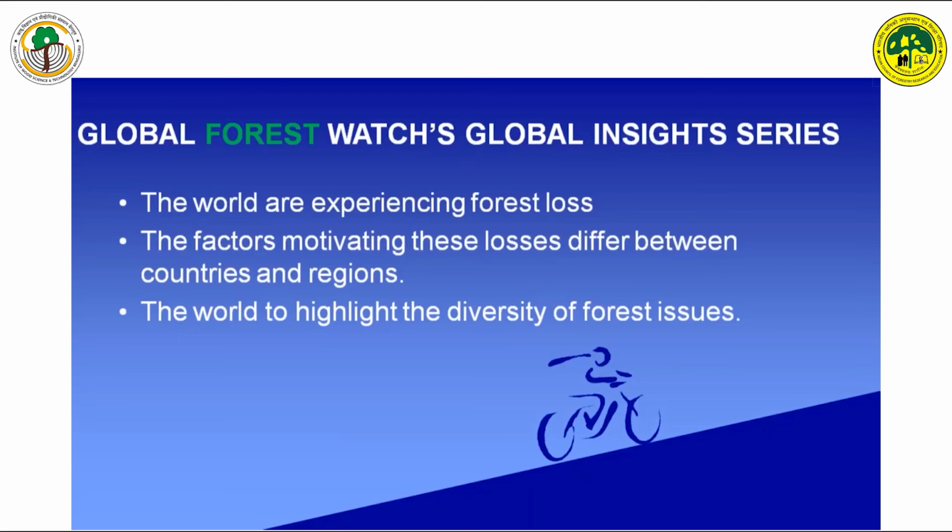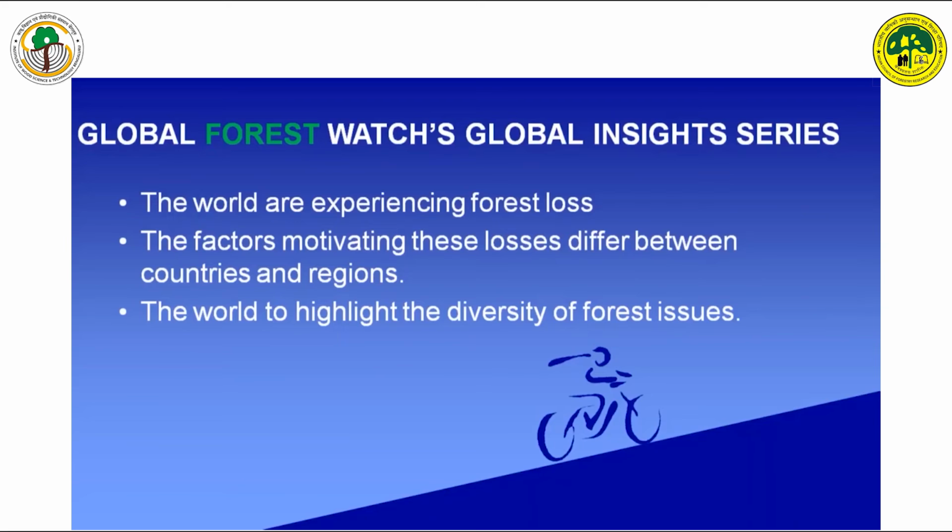In Global Forest Watch, that is the insight obtained through the website: the world is experiencing forest loss. The statement is easy, but how do you derive this knowledge from the whole data set of the world? It is very difficult. Then you can make clusters and address what amount of loss has happened in particular clusters or particular ranges.